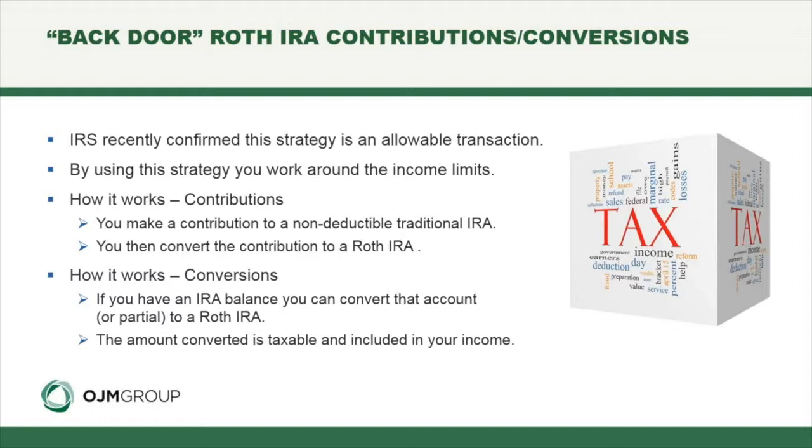What you're also able to do is if you have an IRA balance. So let's say you work somewhere, you rolled your 401k over, you can convert that balance as well too. Now, anything that you would convert would be included in your taxable income. So that's really important to remember. You don't have to do all of it. You can do a portion of it, but that's a strategy for getting a larger portion versus just the 5,500,